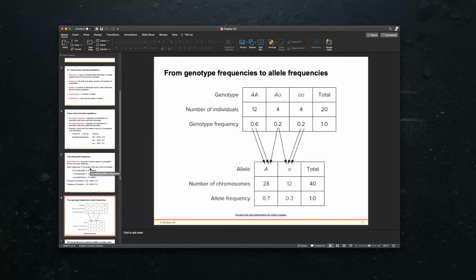From genotype frequencies to allele frequencies. Here we go. For the allele frequency, that's why you'll see p plus q is equal to 1, the 0.7 plus 0.3. And then for the genotypes, you'll have